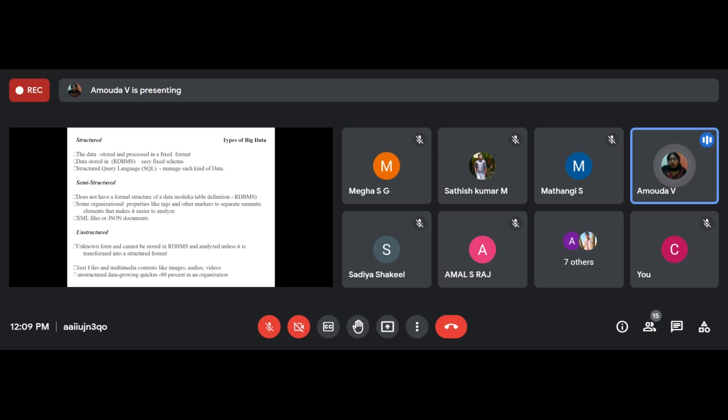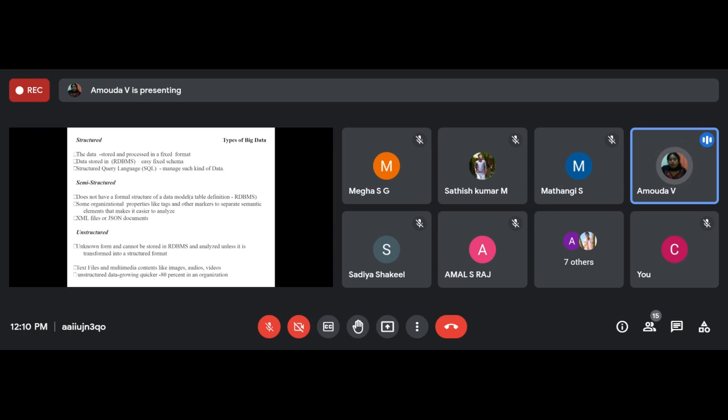Anything with a marker, with their own understanding of the marker. In HTML you have markers, symbols, XML files, JSON documents; all of these come under semi-structured. Unstructured is an unknown format. We cannot use it in our traditional systems. Multimedia, audios, videos, all of this